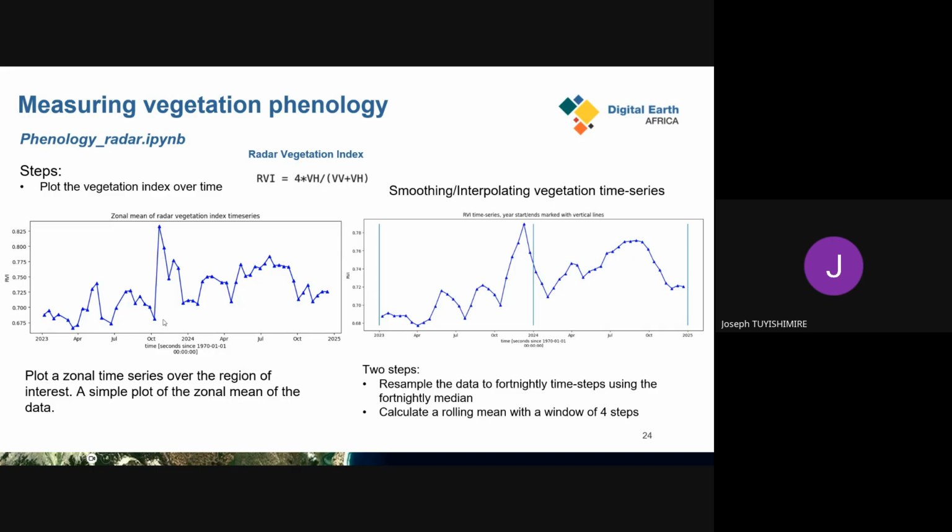This shows November as the peak, and we can again separate year by year, and you can see the peak is the same, while it can change from one year to another.